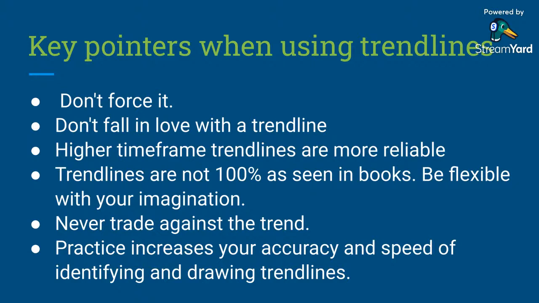Right? Then number four, never trade against the trend. If the market is going upward, always look for buying opportunities. Nobody says the market is going up and you go look for a selling opportunity. You will get wrecked. Except if the market has got to the resistance and you find other reactions, fine. But if the market is clearly in an uptrend, please do not trade against the trend, because ideally you're supposed to trade in favor of the trend. It's like you're a fisher swimming in the ocean and you see a tidal wave. You cannot swim against the wave. It will consume you, right? So let's make sure that you swim along the trend. Don't trade against the trend. If the market is going up, trade up. If the market is going down, trade down.